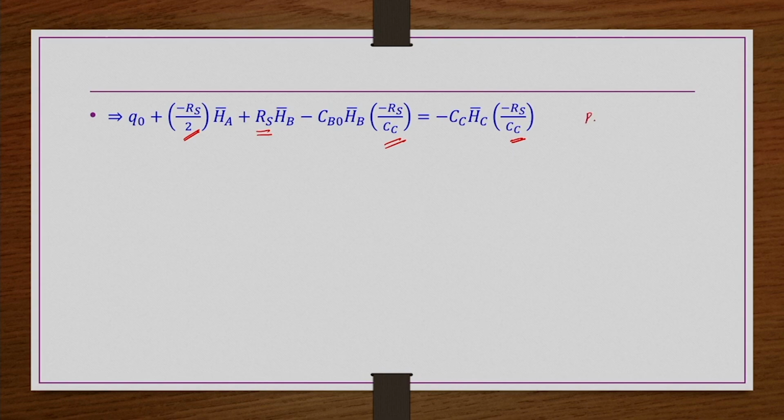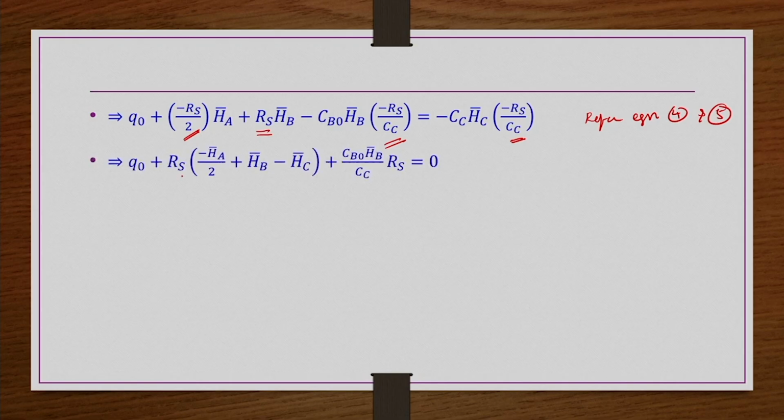Refer to equations 4 and 5 for this transformation in terms of Rs. So, Q naught, what we are doing, we are combining this term and this term and this term, and then writing Rs multiplied by minus HA bar by 2 plus HB bar minus HC bar, because here this Cc is already cancelled out, and then this remaining term is nothing but plus CB naught HB bar Rs by Cc equals 0, and now this is nothing but